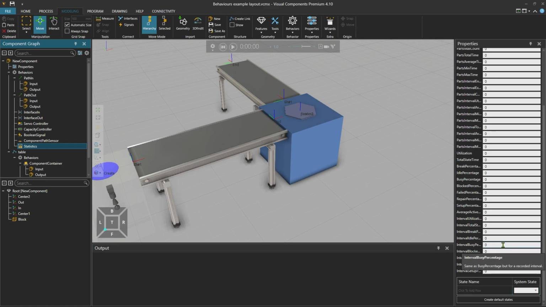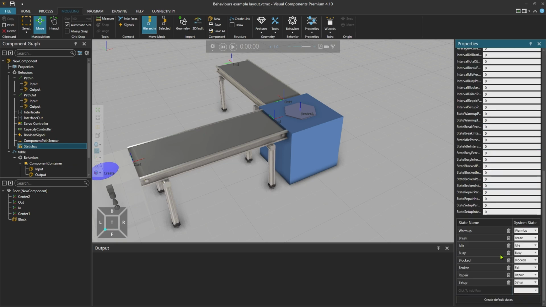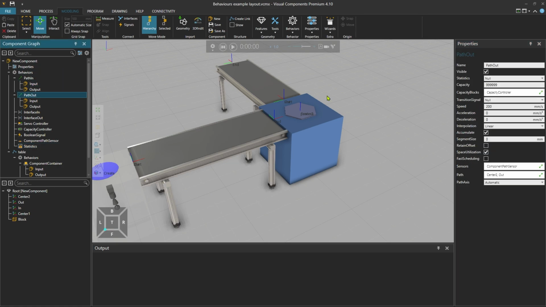To add the default states to the statistics behavior, use the Create Default States button. The last thing we need to do is to assign the behavior to a container, like path out. So from its properties, select Statistics, and to change the state of the component from the process itself with statements.